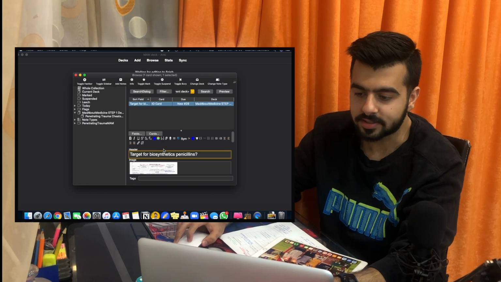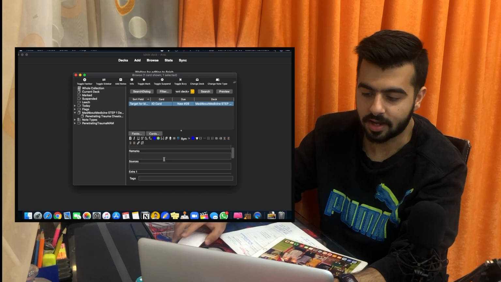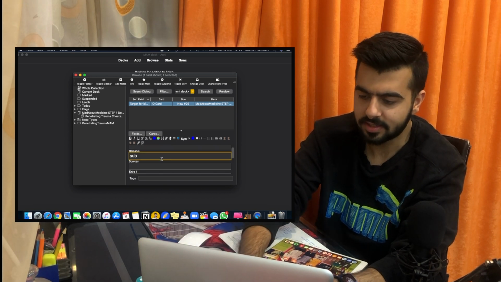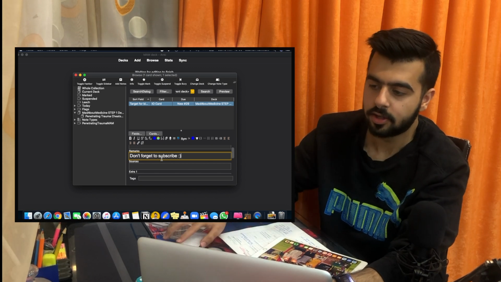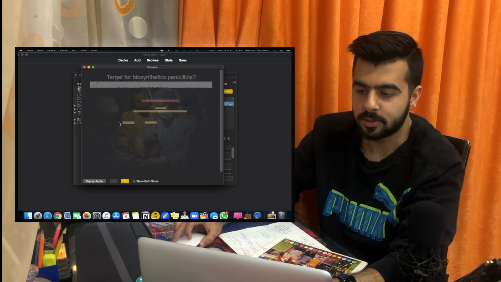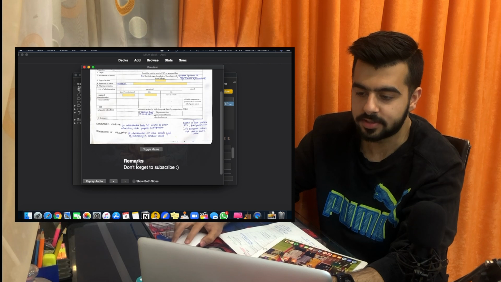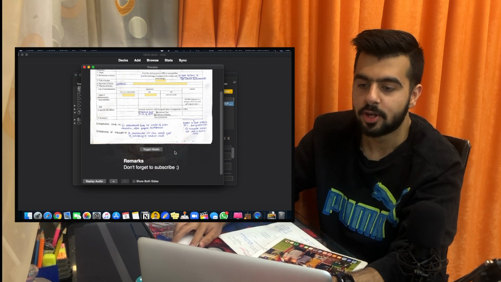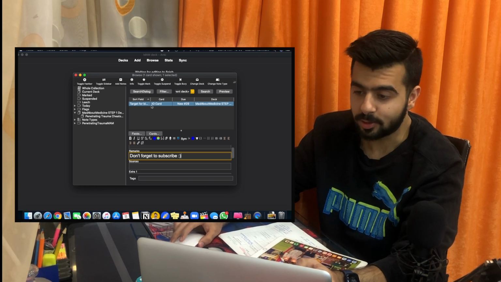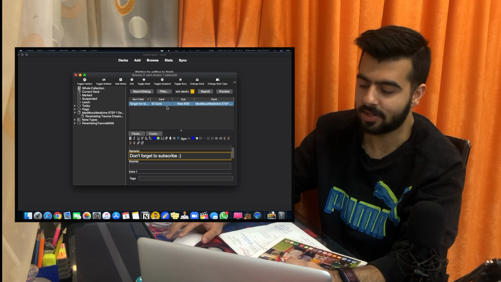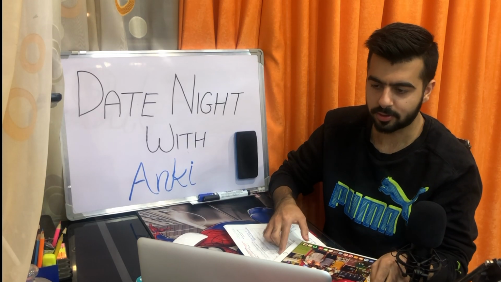If you want to add some information which you'll see after answering the card, you can add it here in the remarks. Let's say anything you can add. So when we preview the card, we answer the card, and here we see we have the remarks. So here is one way you can add more context to your cards, and you can make cards like these very fast, and you can complete all your notes in a very short amount of time.